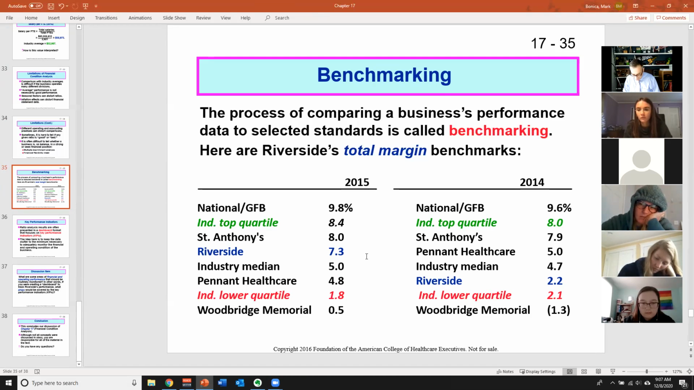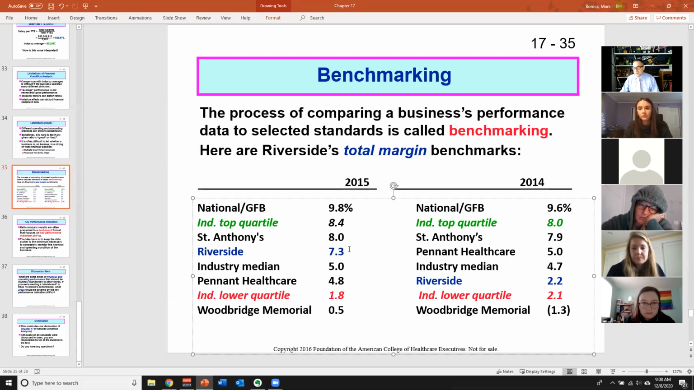So if you're ever in a position to be in a leadership role, or if you're ever on a board, that's what you're going to want to ask: okay, 7.3%. Sounds good. Is it good? How do you know? Well, you know by comparing it to some sort of benchmark, in particular the industry median. But if you're looking at the industry, like the whole country, that's one thing. But you also want to look at your regional competition, because maybe